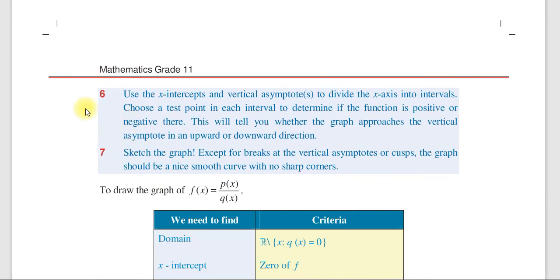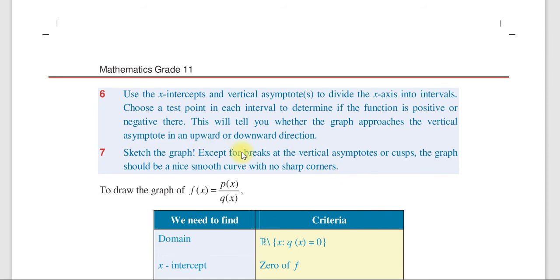አሉን ሁለት ነገሮች። ስድስተኛ use the x intercept and the vertical asymptote to divide the x-axis into intervals. Choose a set point in each interval to determine if the function is positive or negative there. This will tell you whether the graph approaches to a vertical asymptote in an upward or downward direction. And finally, sketch the graph except the breaks at the vertical asymptote or corpus, the graph should be nice smooth curve with no